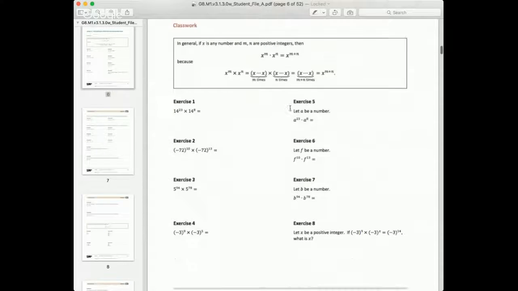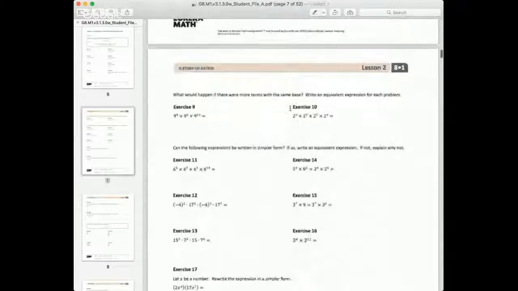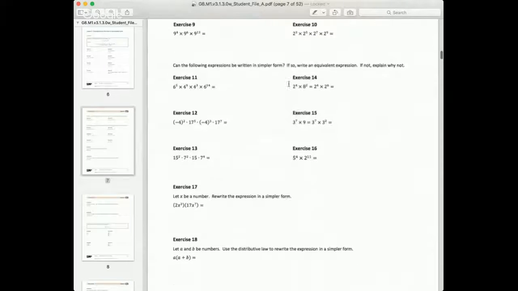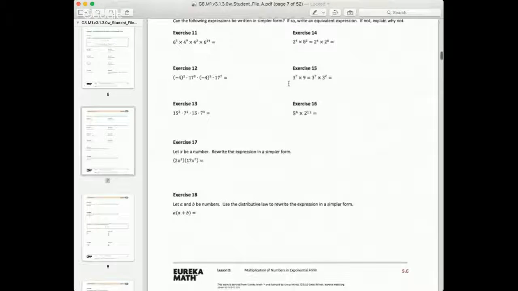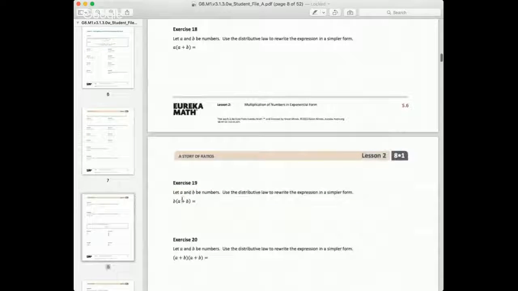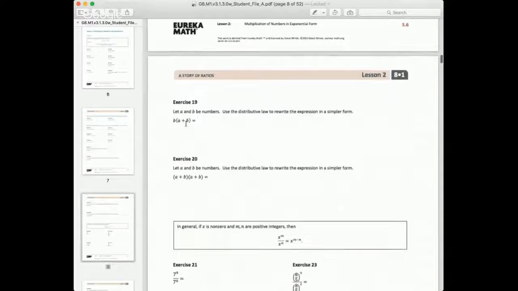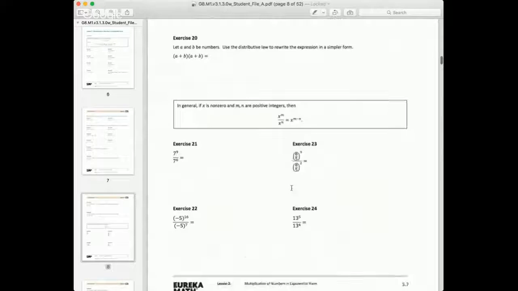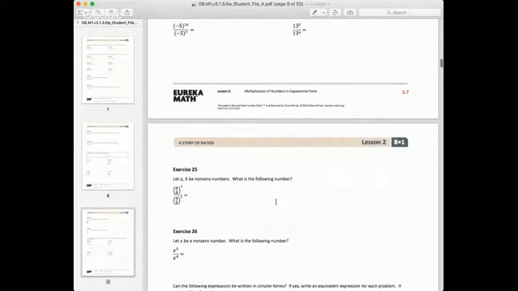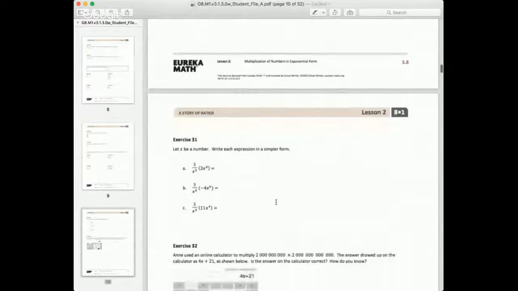Number 3, the third point was maybe you have difficulty connecting what you learn in the lesson to the problem. So watch this. We do all these problems in lesson 2. Your teacher teaches you how to multiply all these numbers in exponential form, and you're really good at it. Maybe you extend it and you start to connect it to the distributive rule. Okay, good. And now we're doing it with fractions, and we're doing it with division. Wow, fractions, crazy stuff. And we keep working some more exercises. And then the problems get a little harder.